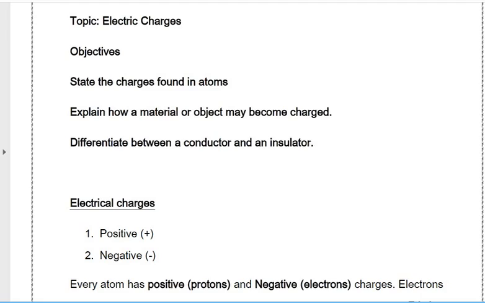By the end of this lesson, you must be able to state the charges that are found in atoms, bearing in mind that atoms are found in all the materials that you see around you. All matter is composed of atoms. Explain how materials or objects may become charged. We will explain what becoming charged is, differentiate between a conductor and an insulator, as well as drawing the diagram